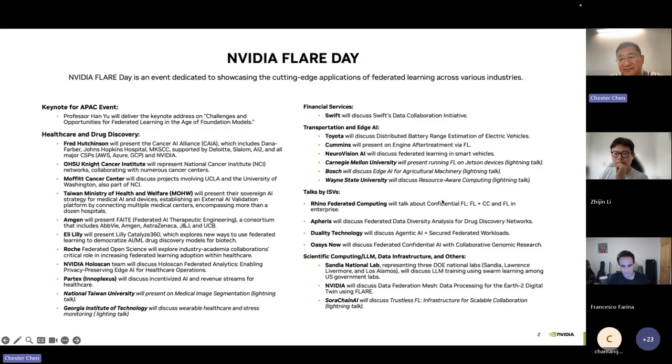And we also have government, for example national labs. There are 3 national labs together: Sandia, Livermore, Los Alamos. They have a lot of strict security requirements, and they're using swarm learning for their collaboration on large language model training. And there's another NVIDIA team called Earth-2. They're going to talk about